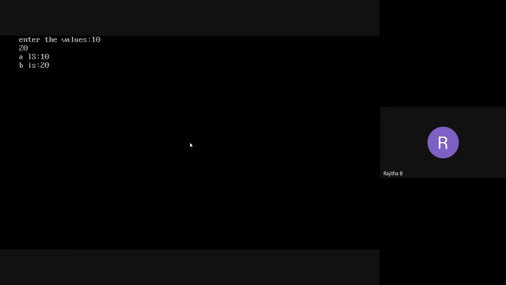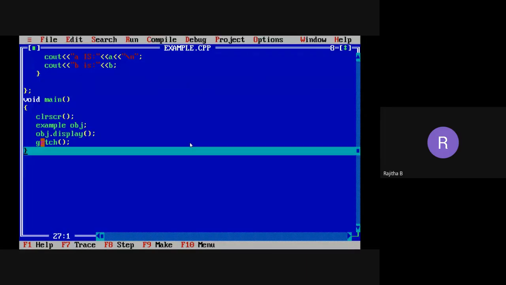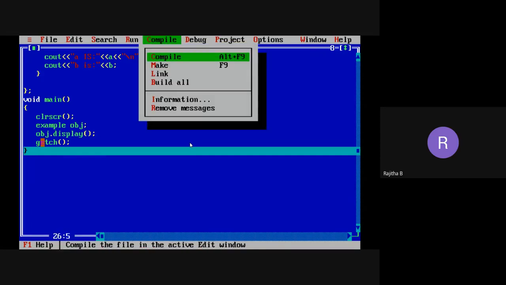So like this, you can trace out the program. So where the execution starts, and after execution of one line, where it is going, when you are calling a number of functions here, how the control is going to the different functions. So you can trace that using the F7 function key on the keyboard in the Turbo C++ compiler. Okay, so that is an advantage. So you can see how to compile a program like that.